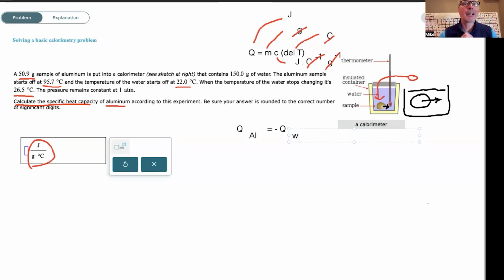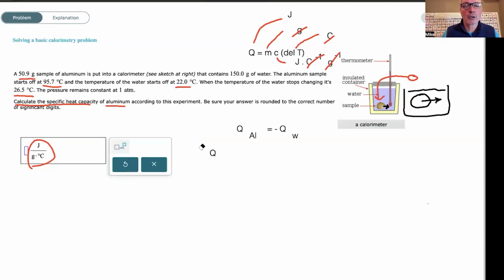Now, to be honest with you, you can get away with forgetting about the equal sign or the negative sign here. That's not going to burn us like it would in other topics. We'll just remember that there's no such thing as a negative specific heat capacity. But if we set this up now, we could say Q,